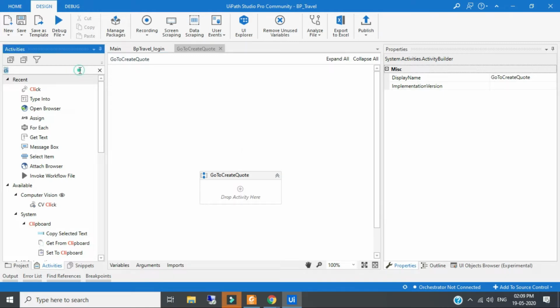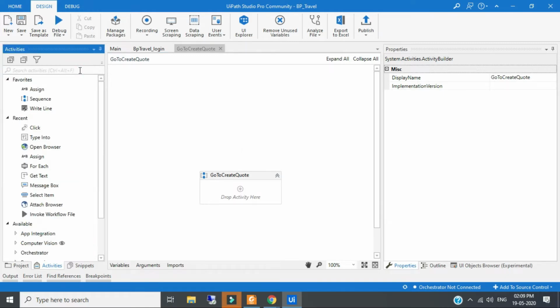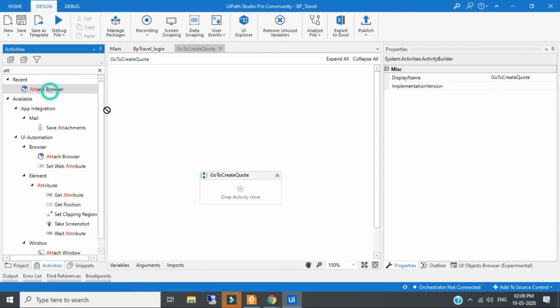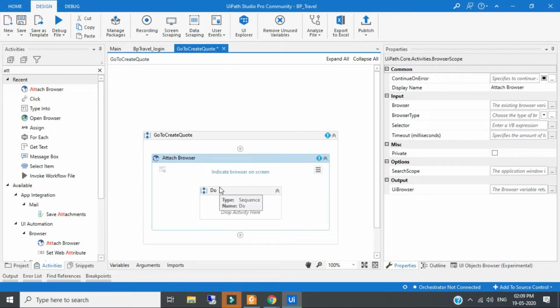To identify the current browser, we will use the activity called the attach browser activity. I will take that activity because the bot has to identify on which page it has to work.